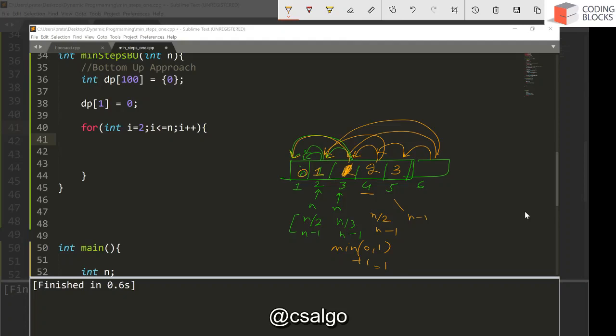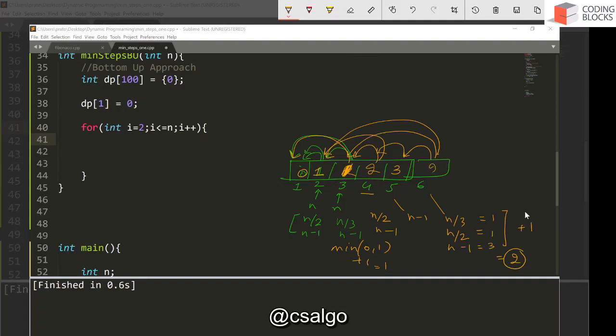And at 6, you can again end up at n by 3, n by 2, n minus 1. So at n by 3, which is 2, the answer is 1. At n by 2, which is 3, the answer is 1. At here, the answer is going to be 3. So minimum is 1, and you add a 1, so it becomes 2.